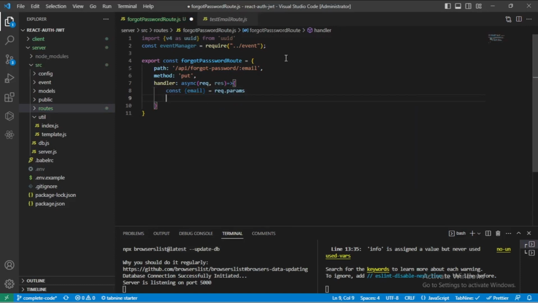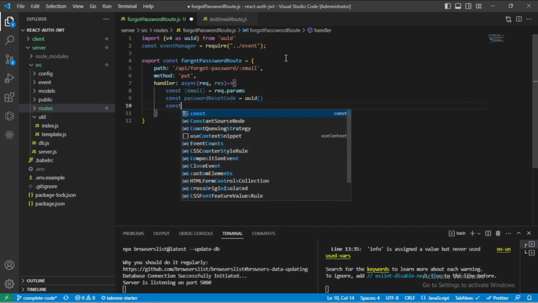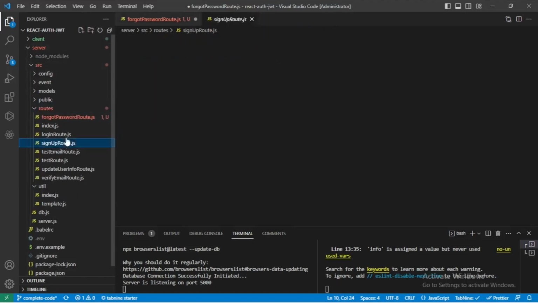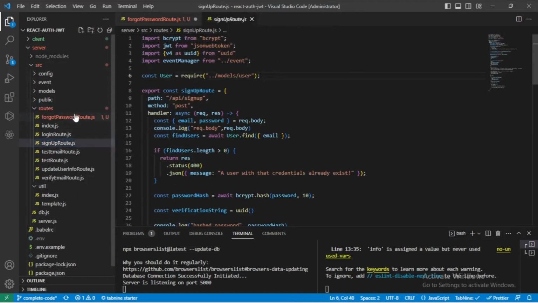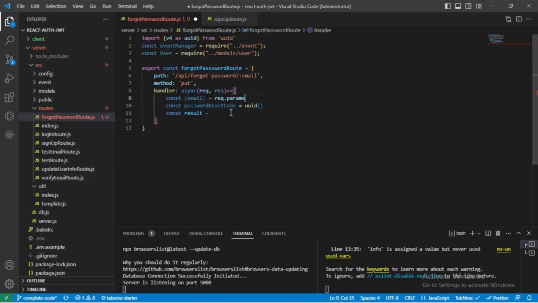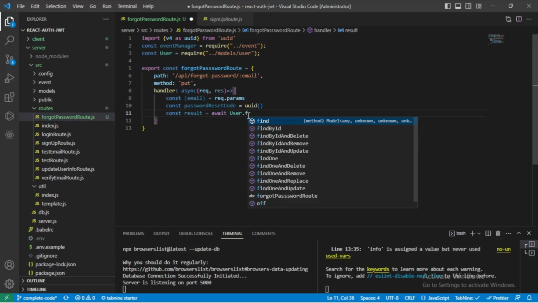The next one will be const passwordResetCode equals to UUID, which generates a random ID. Then the next variable will be const result equals to. First I'll copy my user model and import it. Then result will be equal to await User.findOne